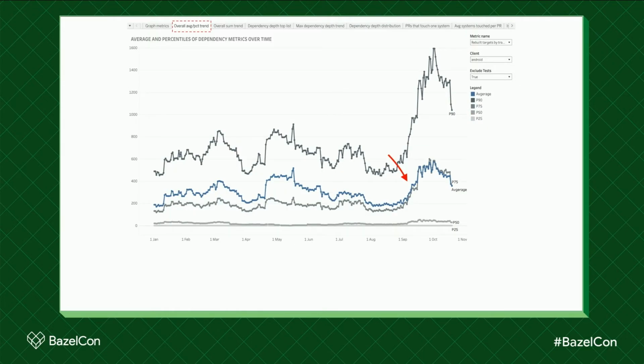In this final view of the demo, we are looking at Android once again and a recent architectural regression that we saw. In this view, you can look at the average value for the rebuild targets across all the build targets in our graph. And if you look at where the arrow is pointing, you can see that the number drastically started increasing in early September.